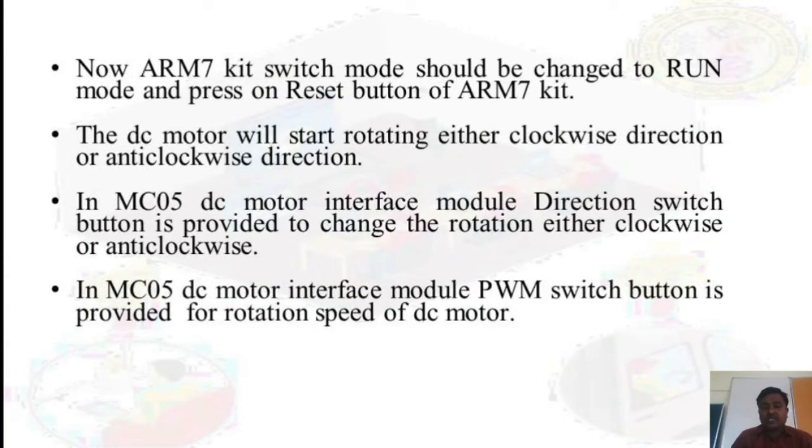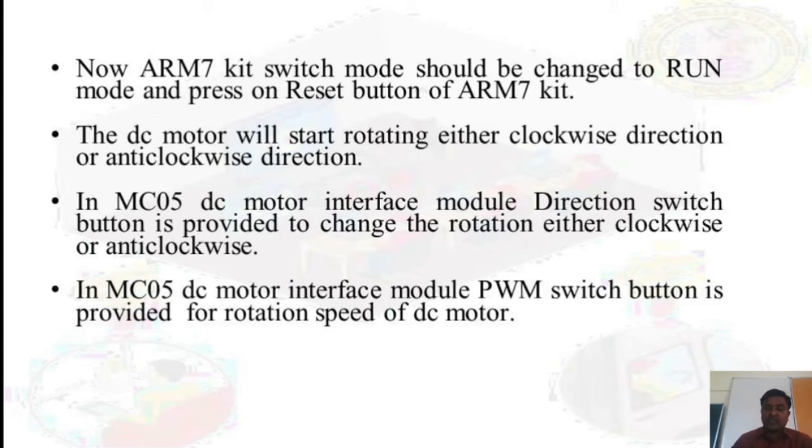Now the ARM7 kit switch mode should be changed to run mode, and press the reset button of the ARM7 kit. The DC motor will start rotating either in clockwise or anti-clockwise direction as per the default programming. In the MC05 DC motor interface module, a direction switch button is provided to change the rotation between clockwise and anti-clockwise.